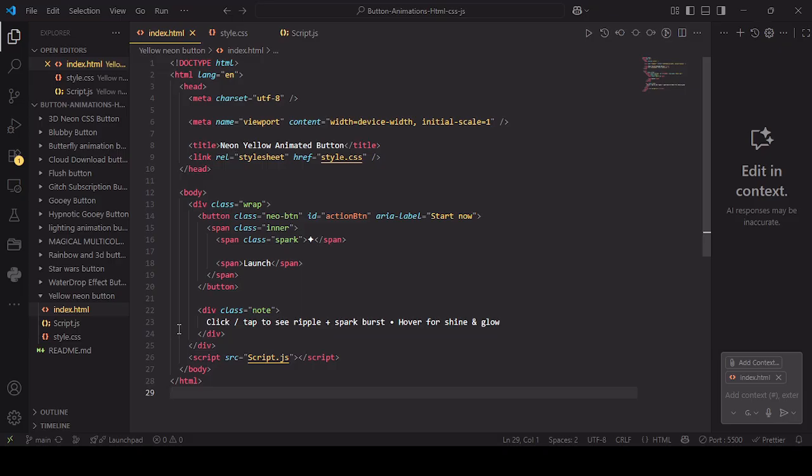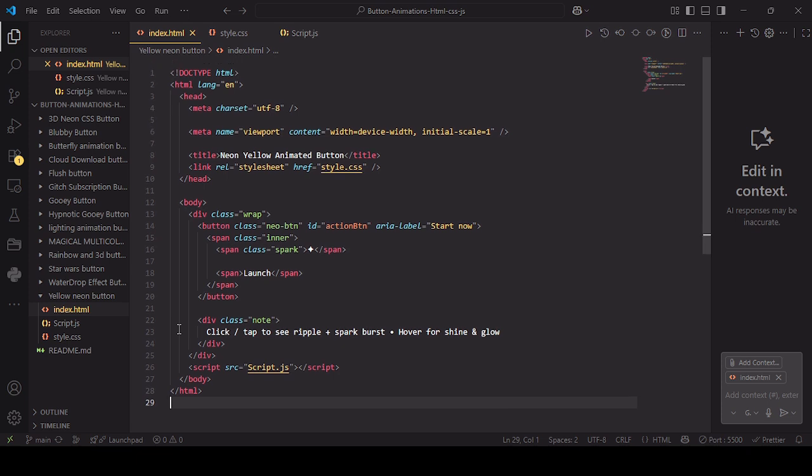As for the tutorial, we have taken the neon yellow animated button, and for that we have defined the style CSS file like you can see. And then I go to our next part, which is how we have written its code. Okay, for the main part of it, we have defined a div with a web class, and then we have defined a button with the class as neon button, and then its id as the accent button,